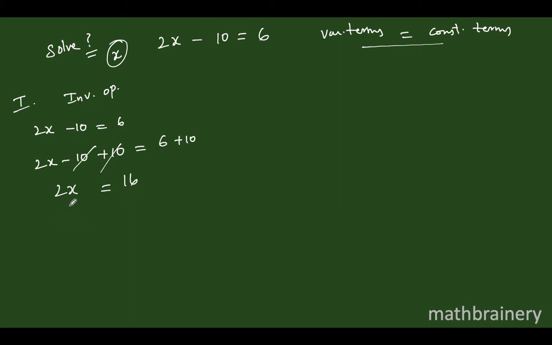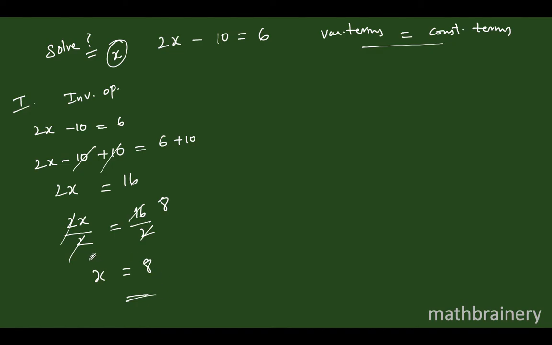Now I want only the value of x, not the value of 2x. When I say I want only x, I need to remove this 2 here. Now 2 is in multiplication here. To remove the 2, I should divide this by 2. So that 2 and 2 will be cancelled. When I am dividing the left hand side by 2, I will divide the right hand side also by 2. Now 2 will be cancelled, leaving you with x on the LHS. 2 times 8 is 16, so the right hand side has 8.